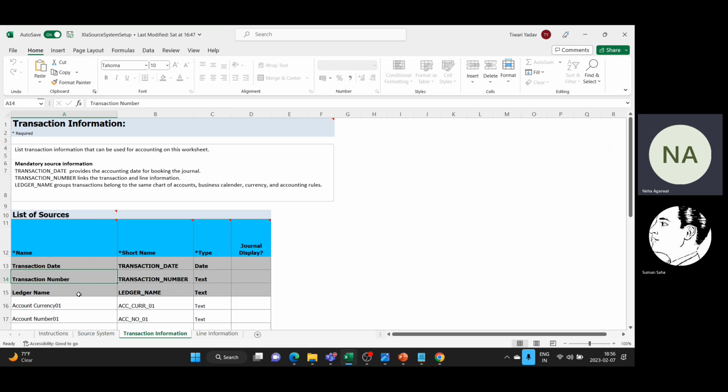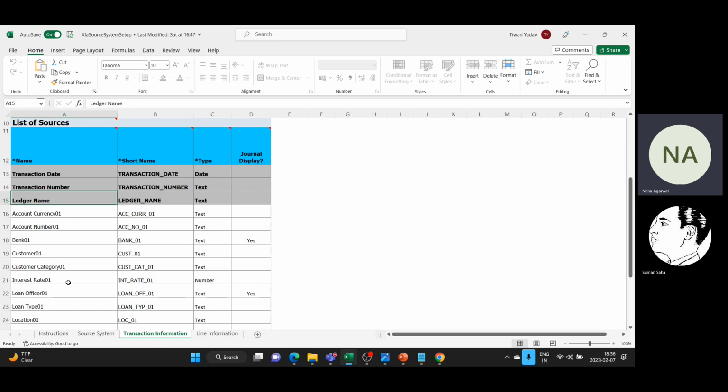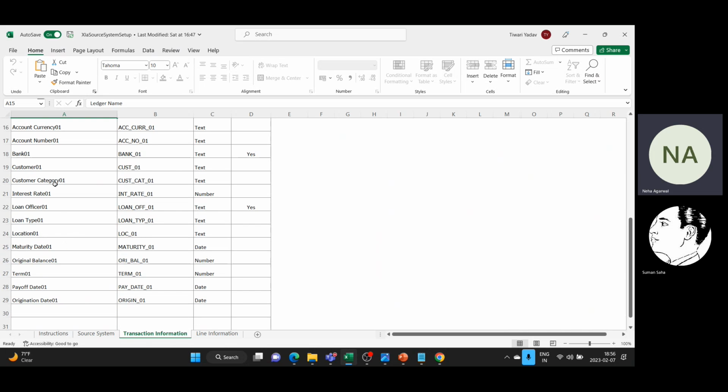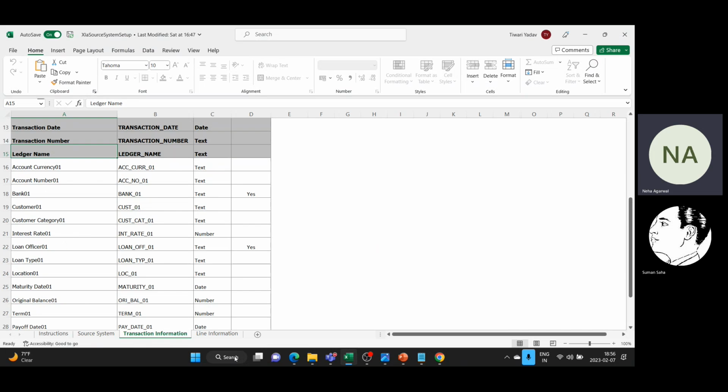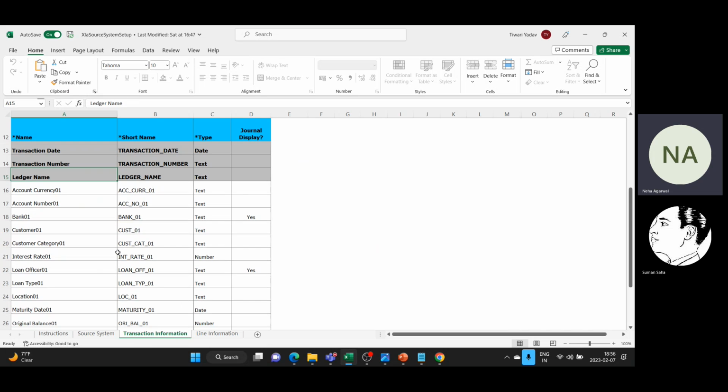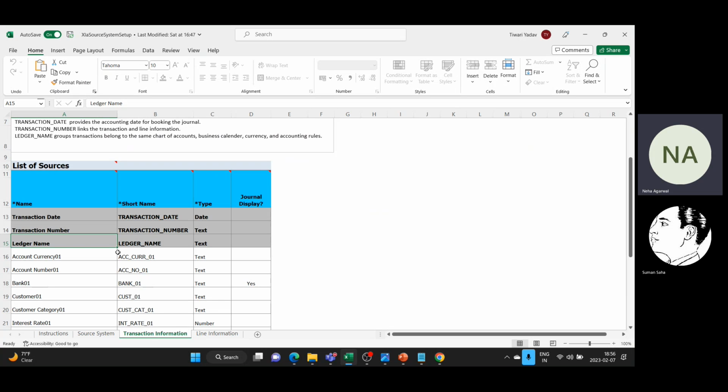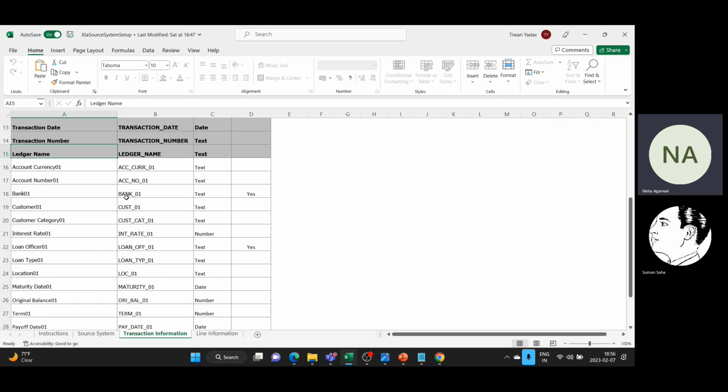These three are the predefined sources, and then the sheet is blank. So I have added a few of them, and these sources help us to create the accounting rule. We can define more sources as required. The name appears in the drop down list for the account rules, and the maximum length it can have is